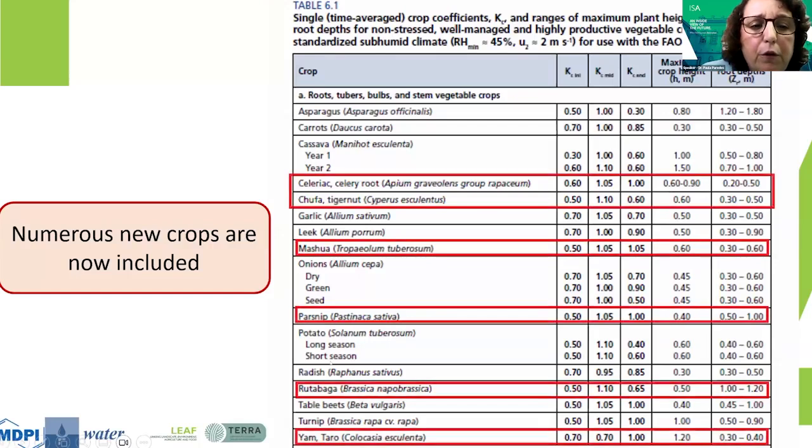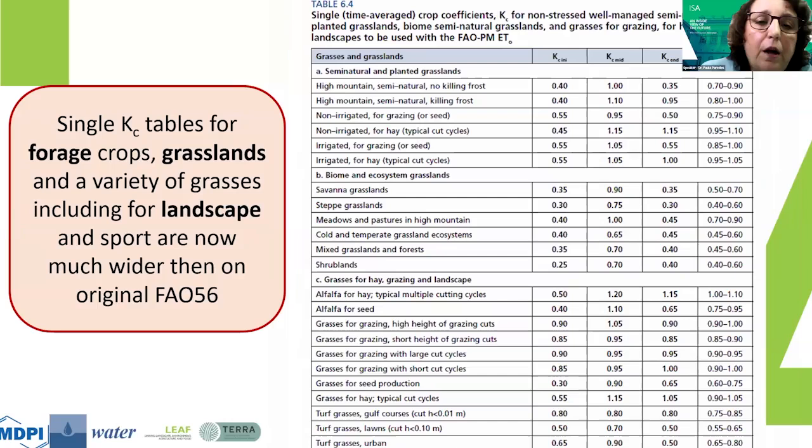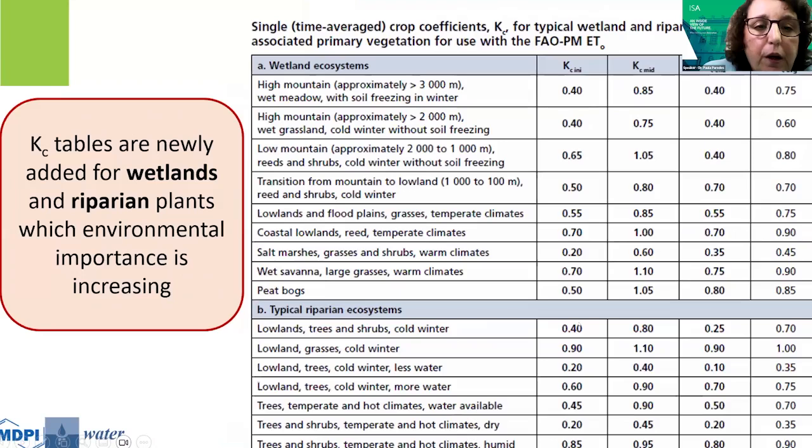As you can see, we have numerous new crops that we have included. In the manual, we have the single crop coefficients for the 3 stages that I mentioned earlier on. And then we also have indicative values for the maximum crop height and maximum root depths. We now introduced a large number of grasses, particularly those for forage and grasslands, and also for landscapes, including sports, so for golfing. This is an innovation relative to the original version. And then we also have 2 other groups that include the wetlands and riparian plants that are nowadays very useful for environmental impacts